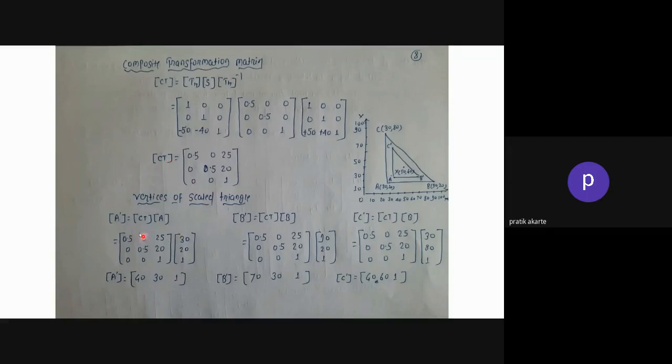When we multiply the vertices of the triangle by the composite transformation matrix, the vertices are 30, 20, 90, 20, and 30, 80. All these are your original coordinates of the triangle. So here we have taken